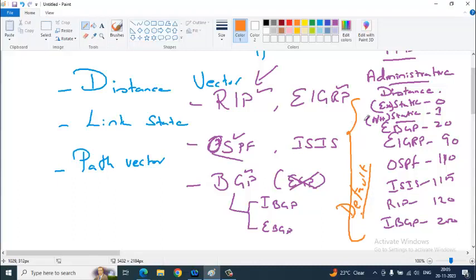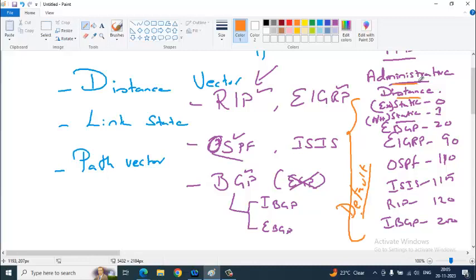So administrative distance is the numerical value using which you tell your router which one to give more importance. Should I give importance to static route or OSPF or RIP? If all the routing protocols are enabled, which one should I give more importance? That is decided by giving the number. Smaller the number, more importance is given. But it is good to know these defaults